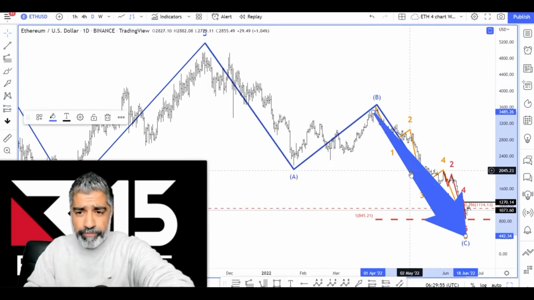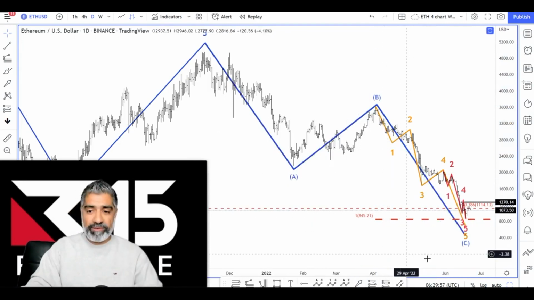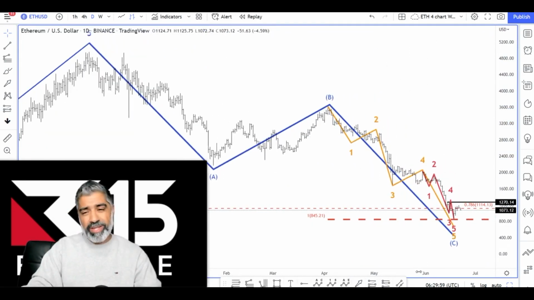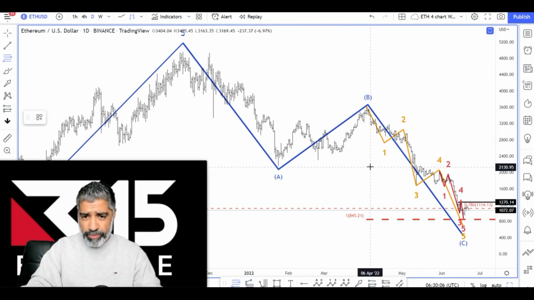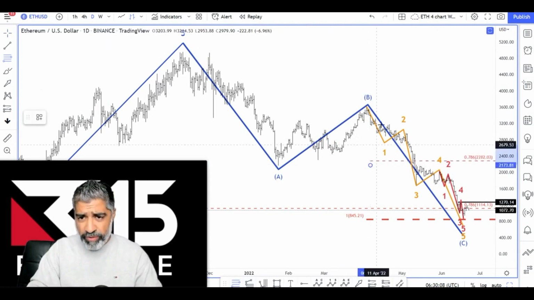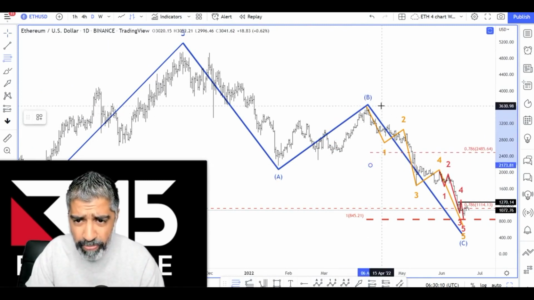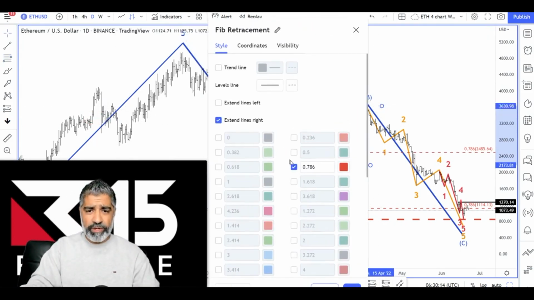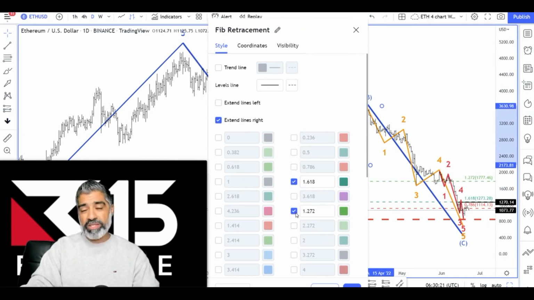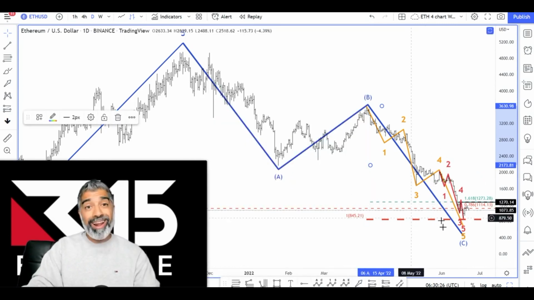So that's the blue. Now we're going to move to the amber. I'm going to zoom in a bit more, but there's a couple of other things we could do on the blue. One really important one is the external retracement. I will do this one because it can be really useful and very reliable. For the end of a wave C, external retracement 1.618 is a typical maximum, and the minimum is 1.272. You can see we passed the 1.272, so the 1.618 is really important. So now we've got a cluster.